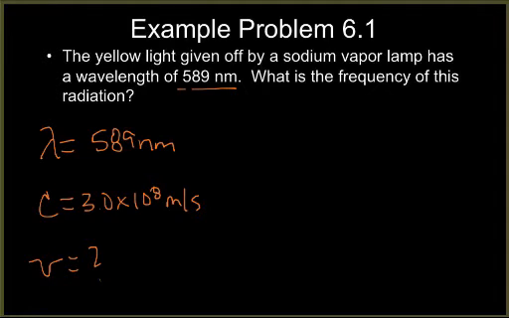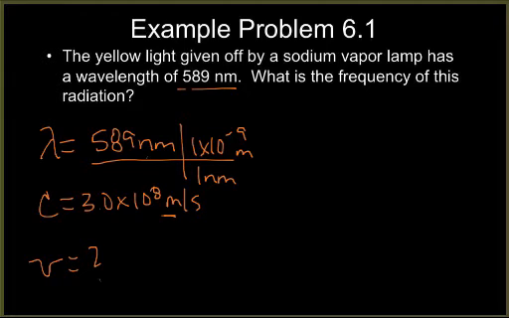Now, the one thing you have to be careful of here is you have to watch the unit on the wavelength. The unit in my speed is meters, but my wavelength was given in nanometers. So I'm going to have to do a conversion here. The conversion we're going to use is 1 nanometer is 1 times 10 to the negative 9 meters. So that gives me